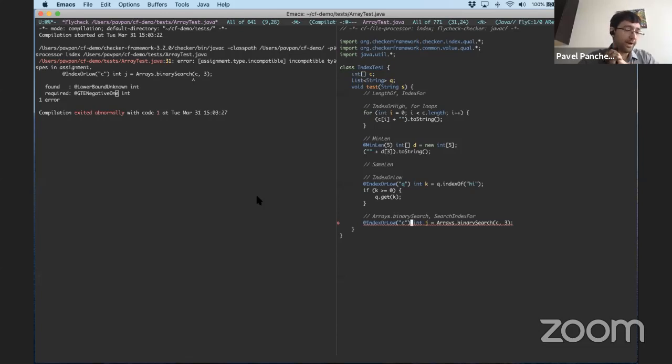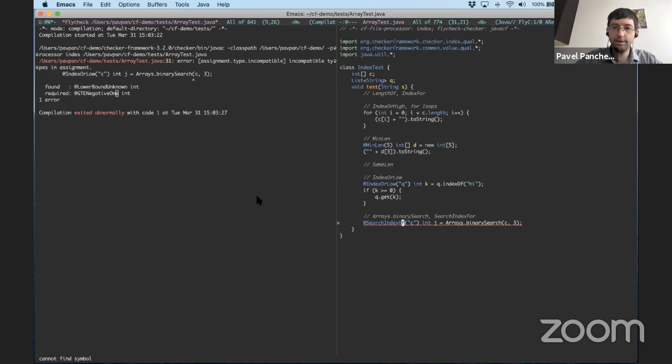That's because Arrays.binarySearch has this weird API where it'll return an index to the array, or it'll return the negation of the index to the array. And it does that specifically in the case that the index is not found, in which case it'll tell you where it would go if you were to insert it. So there is a special search index of